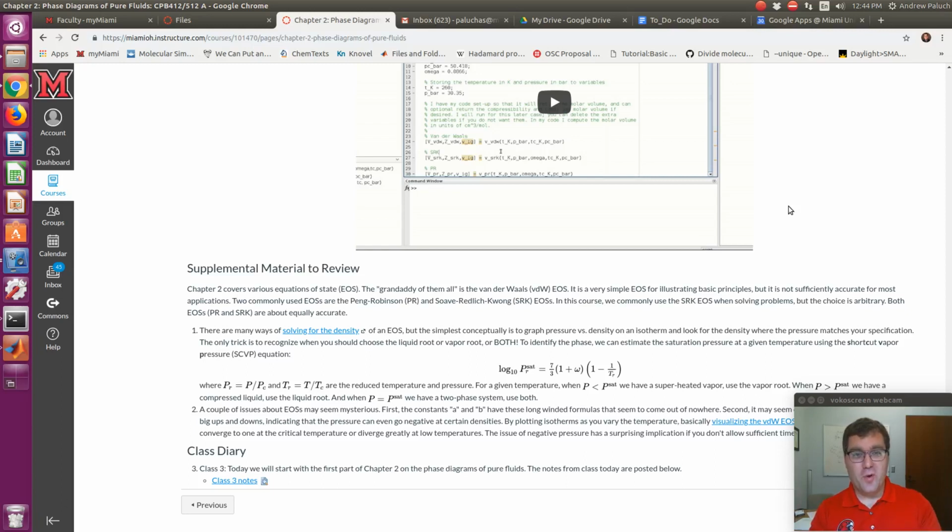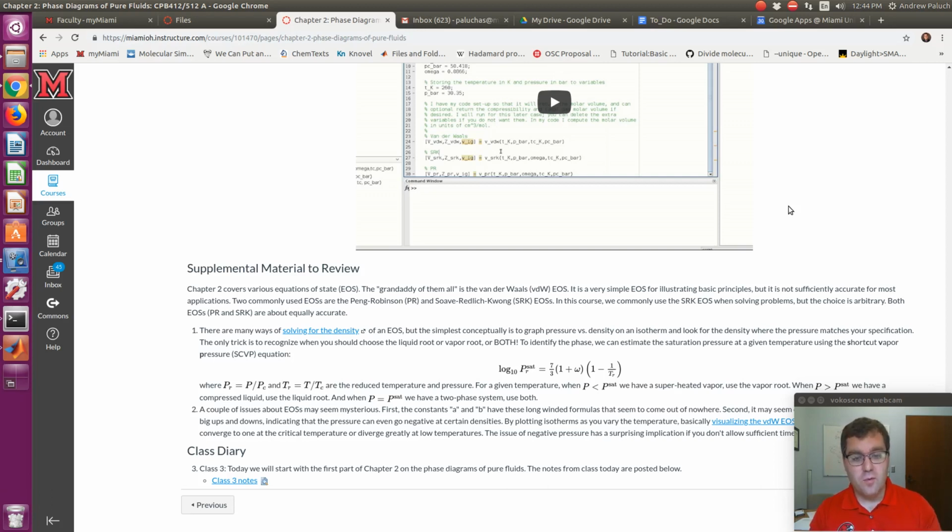So remember, when working with our cubic equations of state, we can get up to 3 real roots. If we get 3 real roots, the largest root will correspond to vapor phase, the lowest root will correspond to liquid phase, and the middle root we throw out. If you encounter this scenario, it's important to know what your phase is so you can select